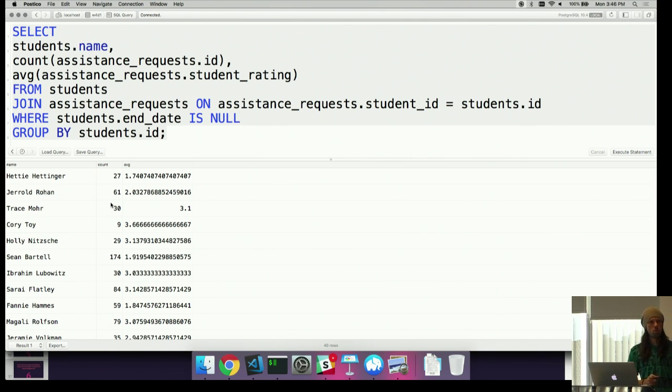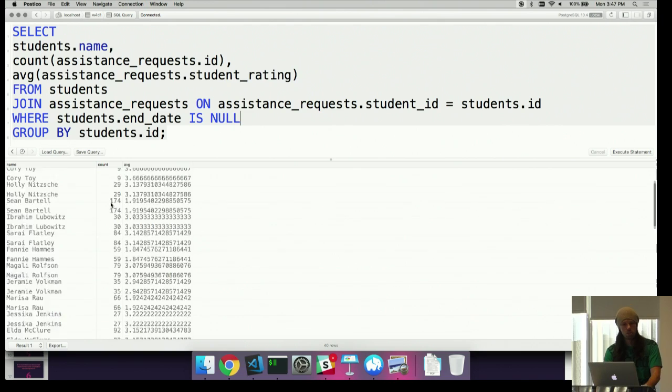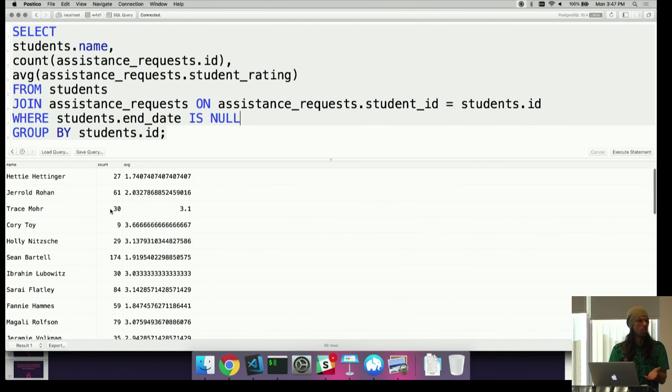I know how many assistance requests were made in total. Divide by the number of days. Yeah, the number of days they've been in the program, right? So if the junior cohort has been there for 15 days, then I need to take the total number of assistance requests divided by 15. And if they've been there for 32 days, then I need to take the assistance request divided by 32. But my results, there are students from both cohorts, so I need to kind of do this dynamically. I can't just say that this cohort has only been in for 15 days and just divide this by 15. I need to ask SQL to count the number of days that the student has been in the